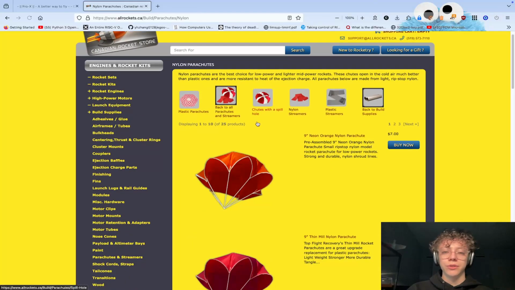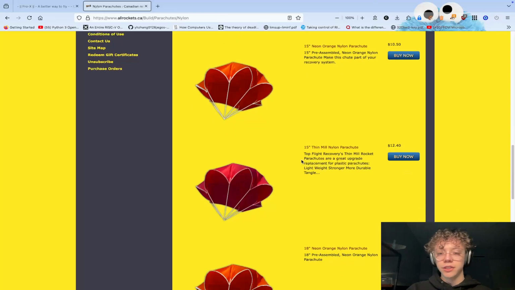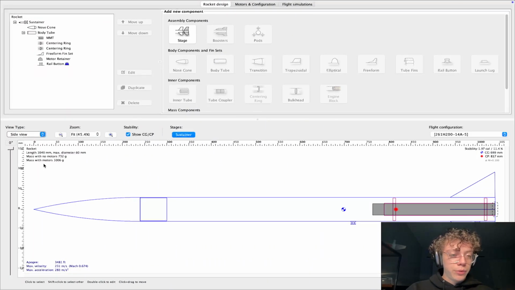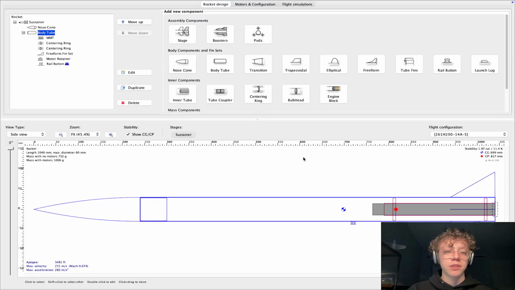I'm going to go with nylon chutes though. So here we can see the diameter: 9, 12-inch, 15-inch. Let's see, how much do I weigh? Okay, mass with motors, I'm around about 1 kilogram. So just from experience, I'm probably going to want, let's start with a 24-inch, might be a bit too